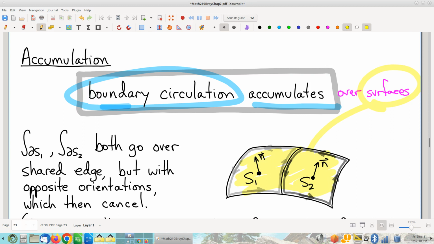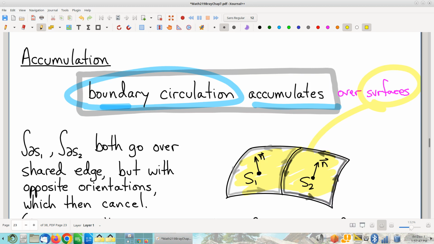Here's the picture. You can see what I have drawn here. On the left, I have the orientation of S1. Notice that S1 is oriented upward. That means swirl and all that. My boundary of S1 is oriented per the light gray picture there. And then S2, again, is also oriented upward because it's part of the same original surface. Again, with the right hand and the fingers and the swirl and the side swipes oriented like the dark gray